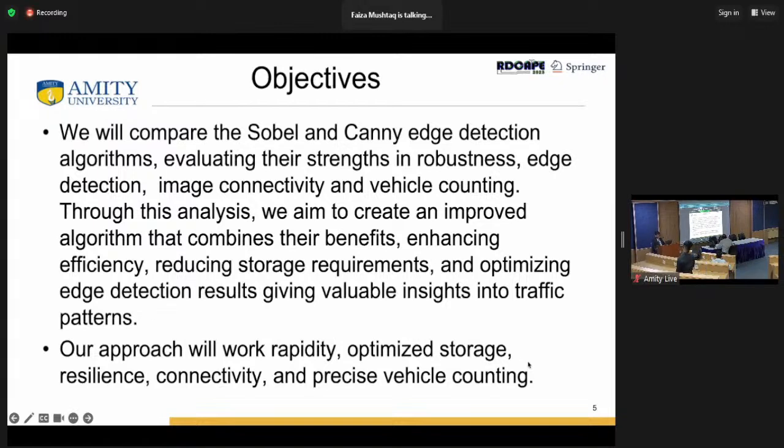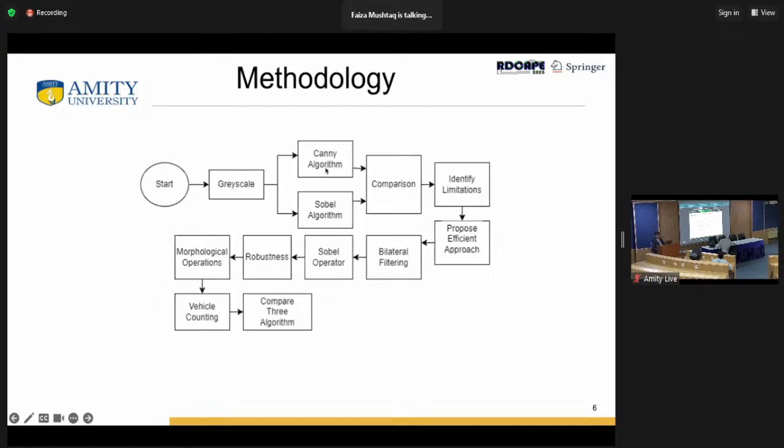So this is the methodology. We first capture the picture and convert it into grayscale. Then we apply both traditional algorithms, Canny and Sobel, and after that we compare what the results are on an image and identify their limitations. We will take the positive aspects from there and try to make an efficient approach out of these two traditional methods, a kind of hybrid approach which will have the